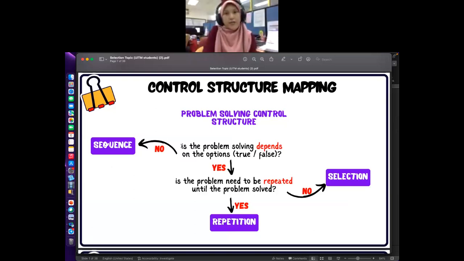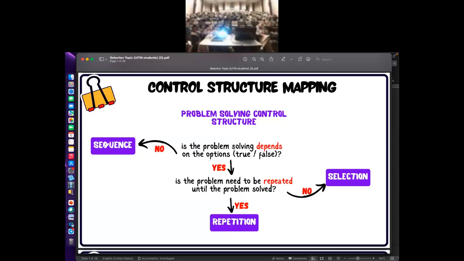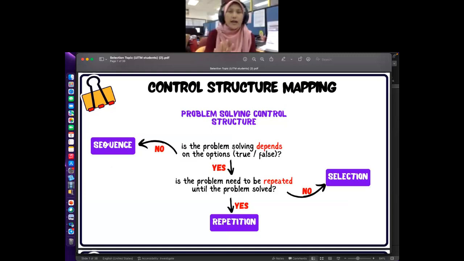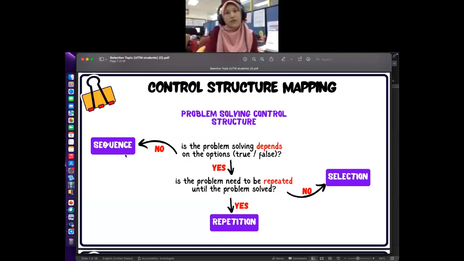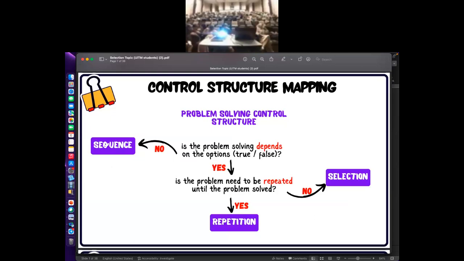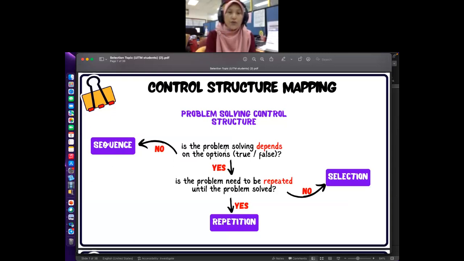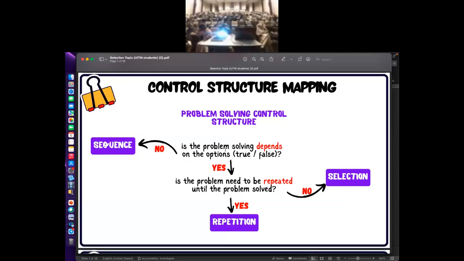For the first one, the problem solving depends on the option. The option is about true or false. So if your problem doesn't need an option, you don't need to set true or false, so your problem is about the sequence control structure. But if your problem depends on a true or false option, yes, but we need to